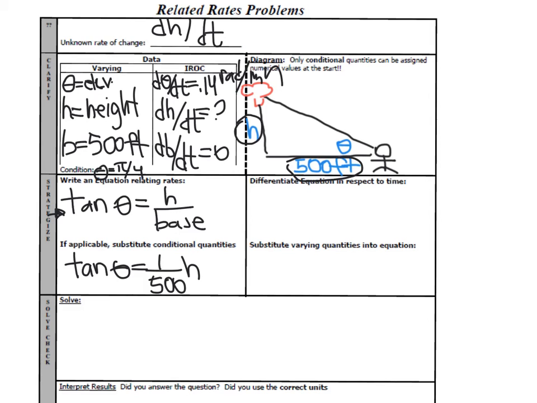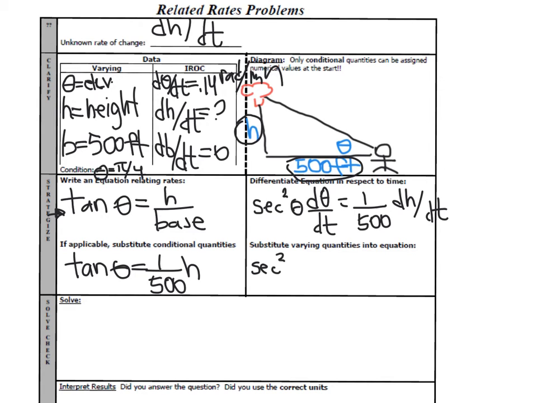Now let's take the derivative of it with respect to time. So the derivative of tangent is secant squared. So I have secant squared theta times the change in theta over time, is equal to 1 over 500 times the change in height over time. Now remember, we only want one variable when we're solving. So do I know theta? Yes, I know that theta is pi/4. So secant squared of pi/4, and then I'm going to multiply that by the change in theta, which is 0.14,